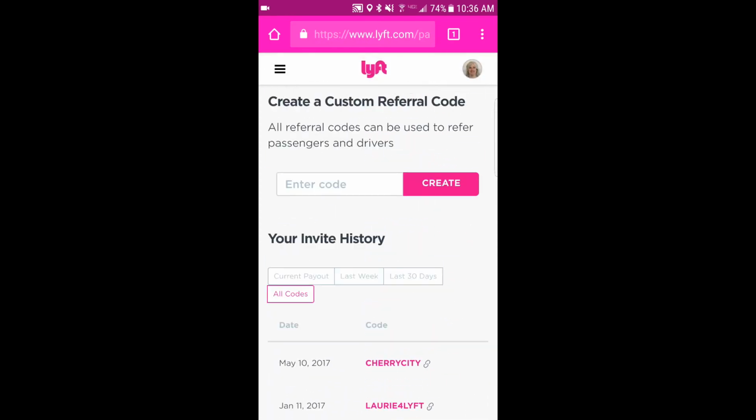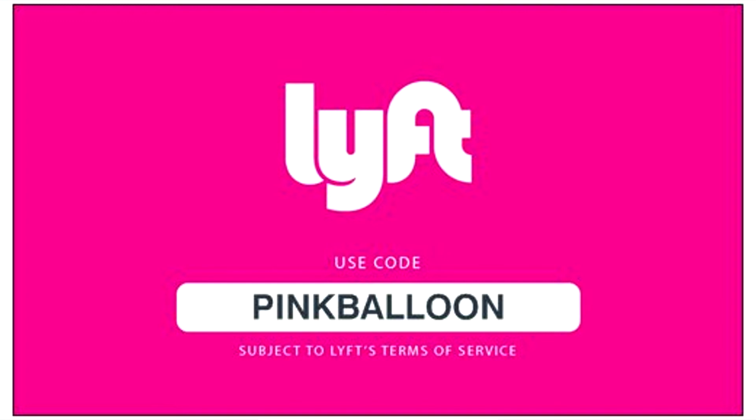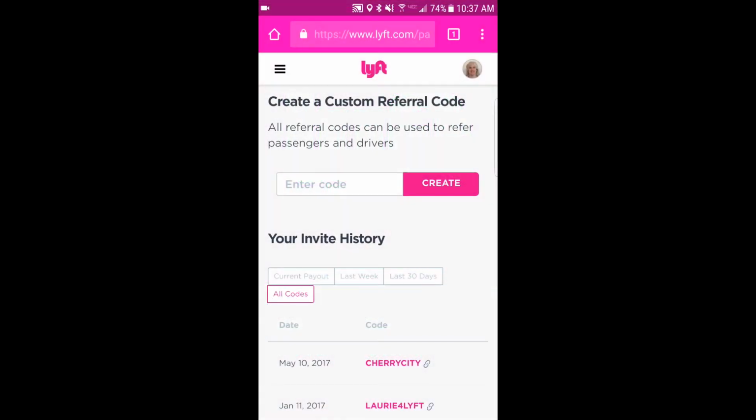And they're easy. Make them as easy as possible to remember, and then get them printed out on Vistaprint on cards, and pass them out. Keep them in your car and pass them out to riders, and try to make a little bit more money, because currently